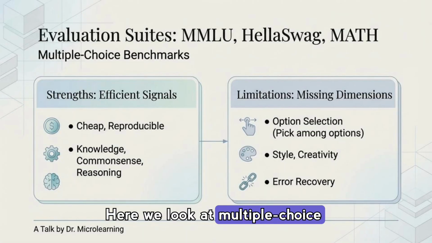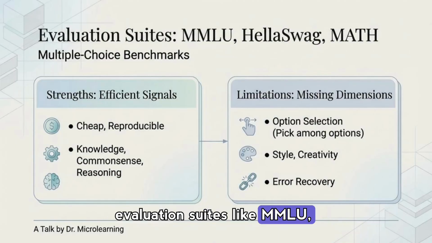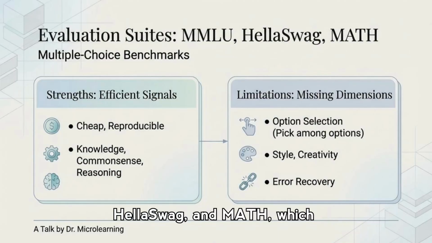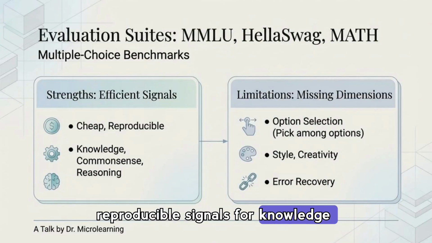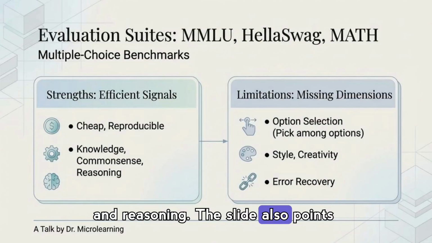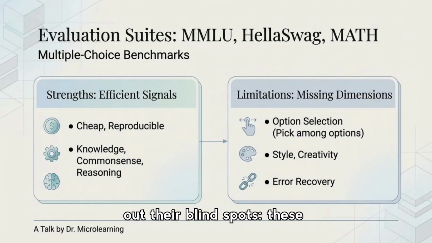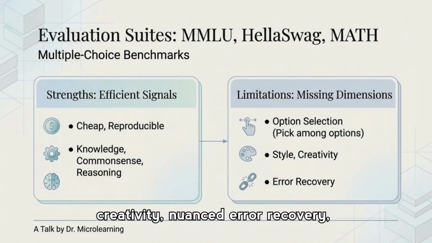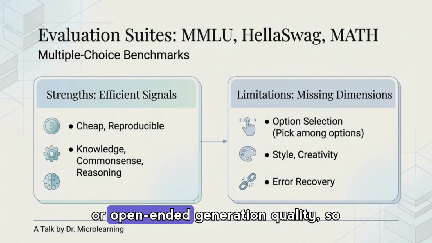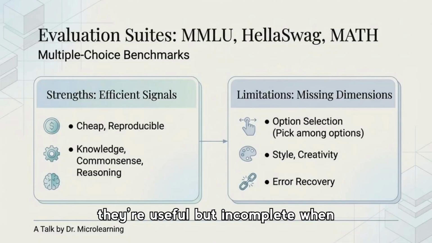Here we look at multiple choice evaluation suites like MMLU, HellaSwag, and MATH, which provide efficient, cheap, and reproducible signals for knowledge and reasoning. The slide also points out their blind spots. These benchmarks can't measure style, creativity, nuanced error recovery, or open-ended generation quality, so they're useful but incomplete when judging